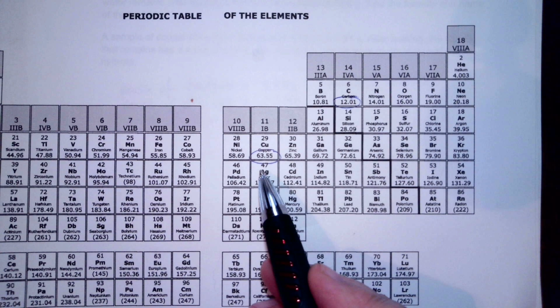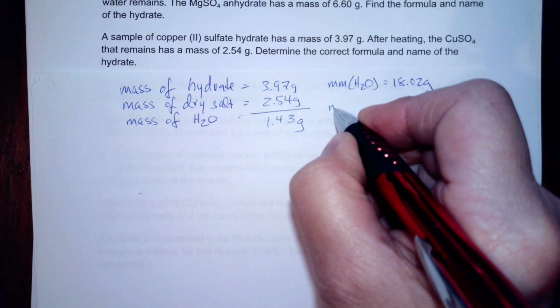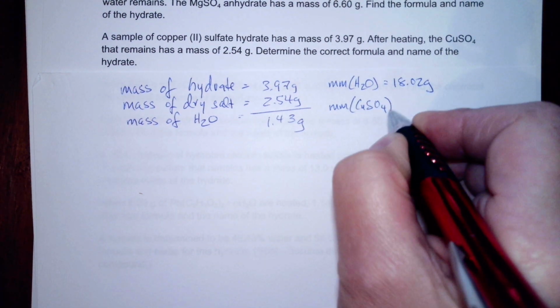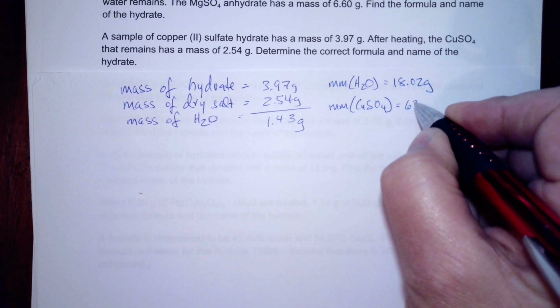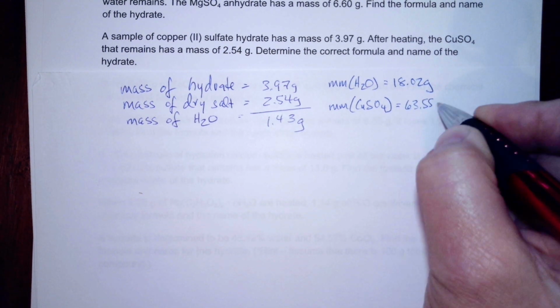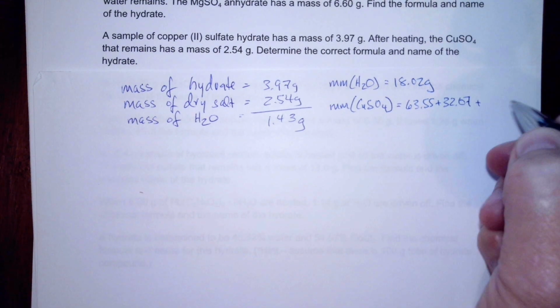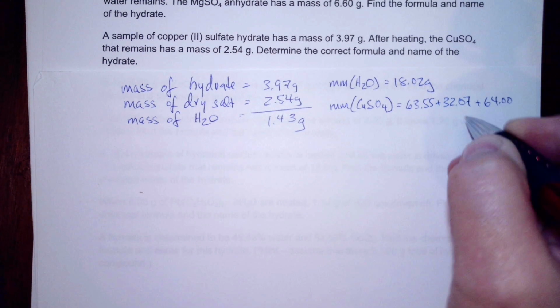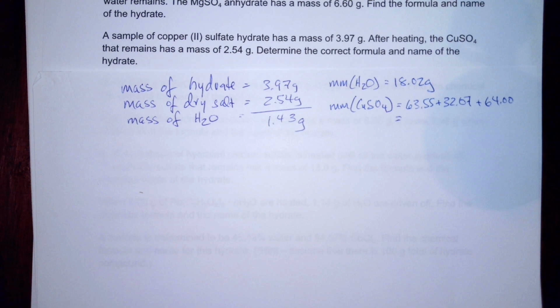Copper is 63.55. So the molar mass of dry copper sulfate, I hope we can fit all these on the page, is 63.55 plus 32.07 plus 4 times 16.00, which is 64.00, and that is going to be equal to, let me add that up really quickly,